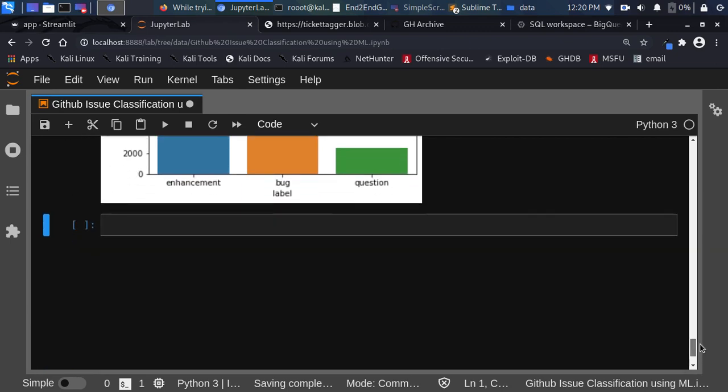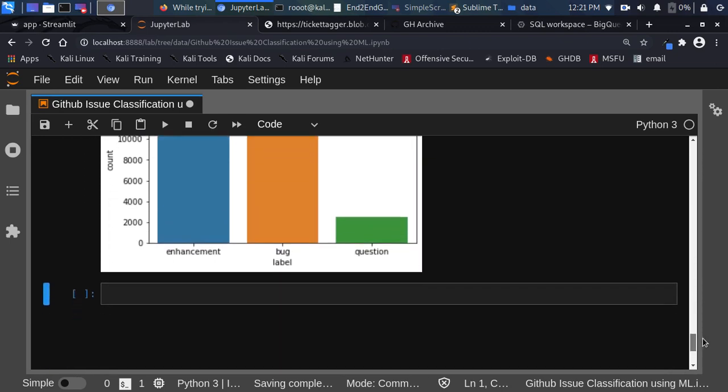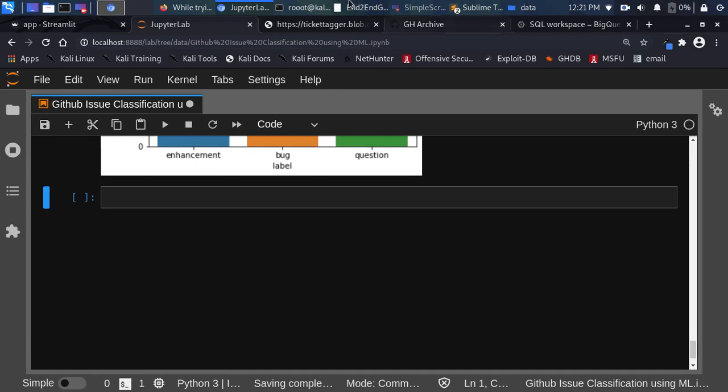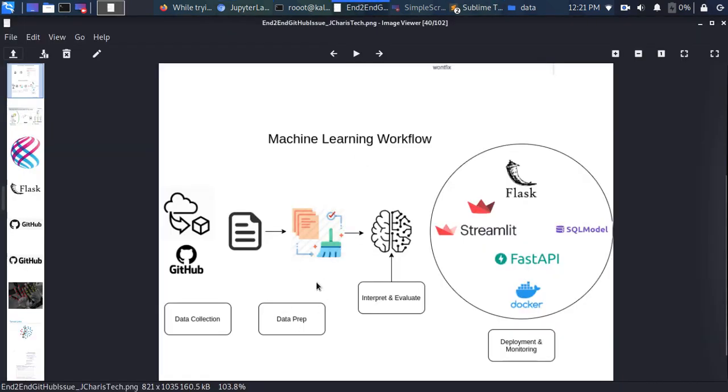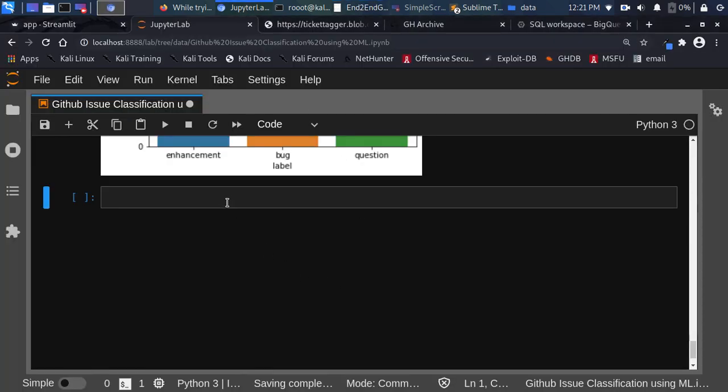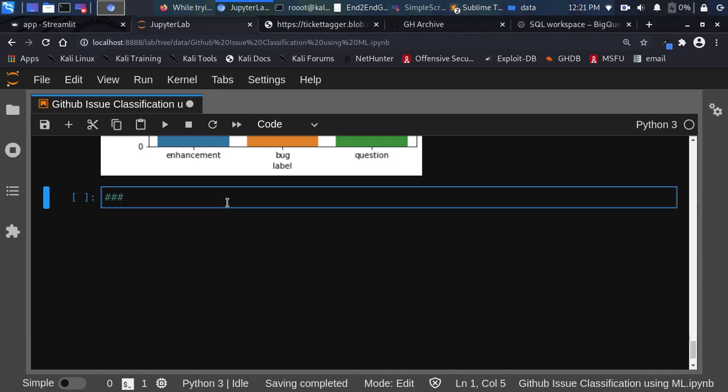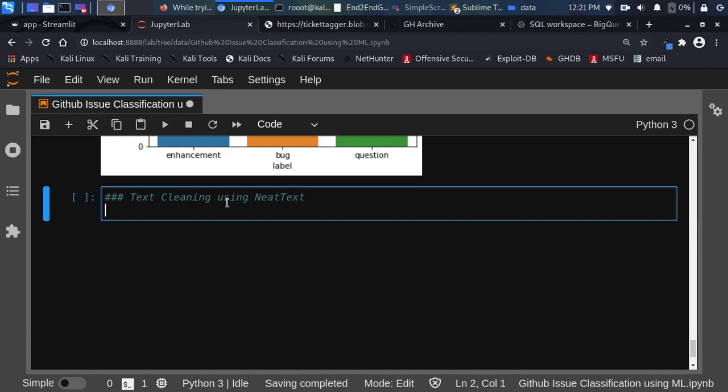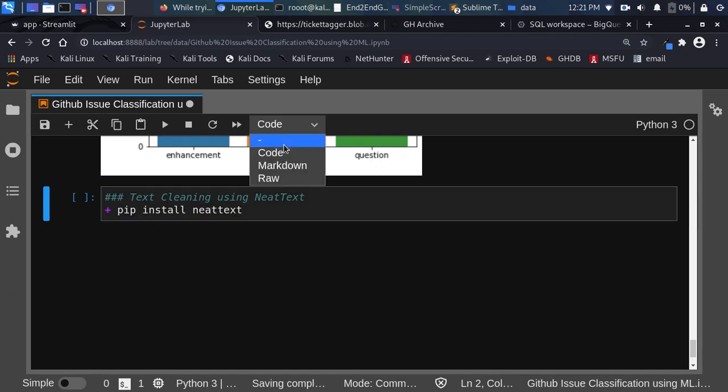Okay, now let's move on from here to build our model. So first of all, in order for us to build our model, we need to be able to clean and pre-process our data before we start applying it to our model. So let's do some simple text cleaning. So we'll be using a very nice package called NeatText. So this is going to be text cleaning, right? Using NeatText, you can use any package, but I prefer to use NeatText because it's simple, right? So in case you don't have NeatText, just install it with pip install neattext on your system. So that's the package you'll be using to do